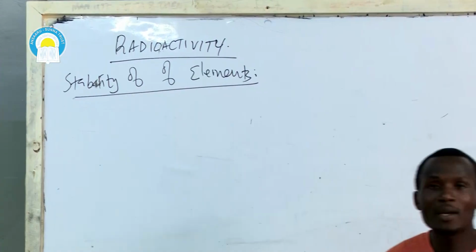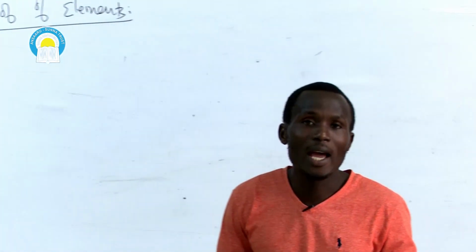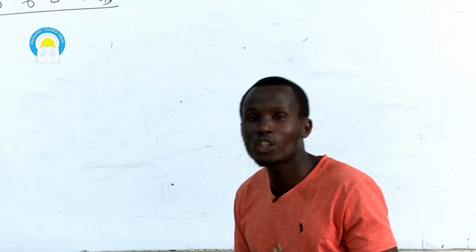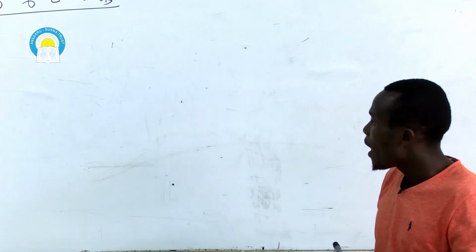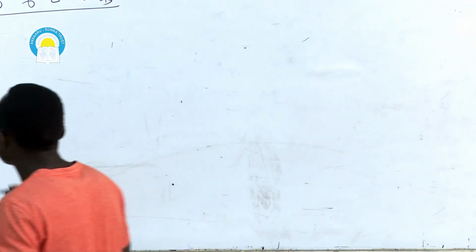And what determines whether an element can undergo radioactivity or not is the ratio of the neutrons to protons in that atom. And when we talk about isotopes